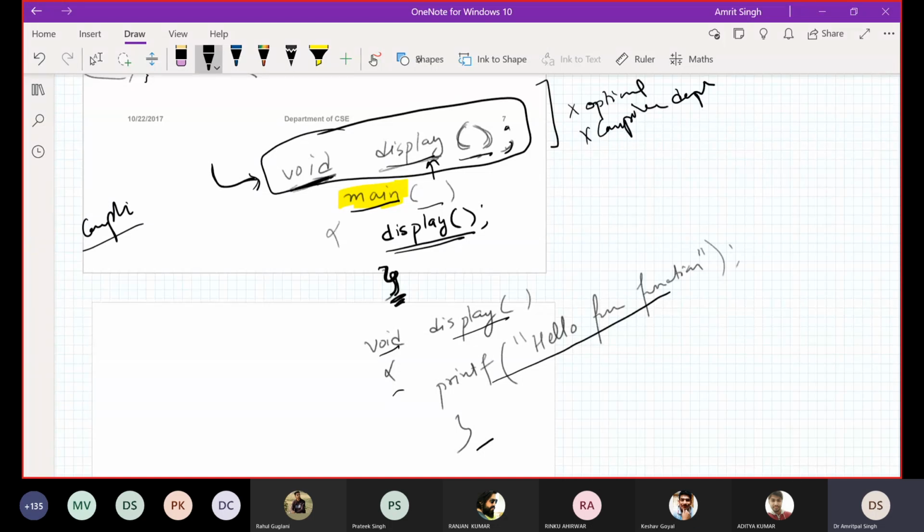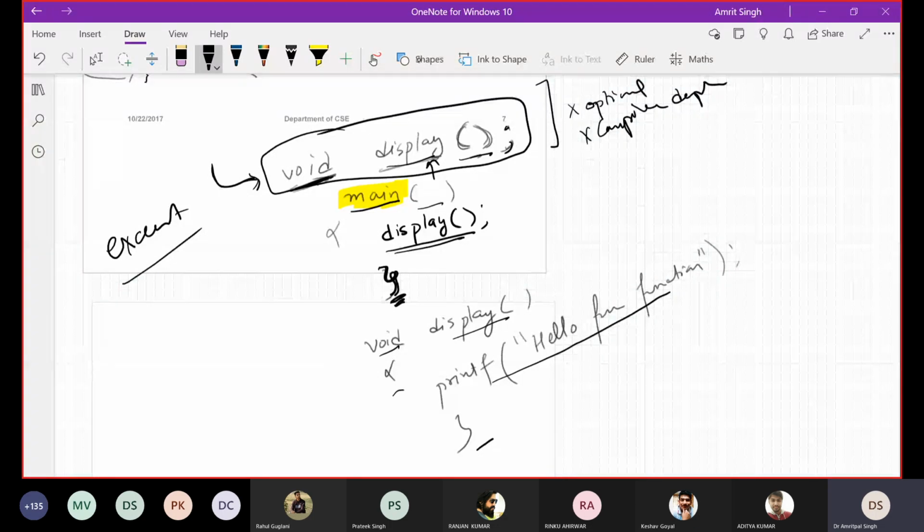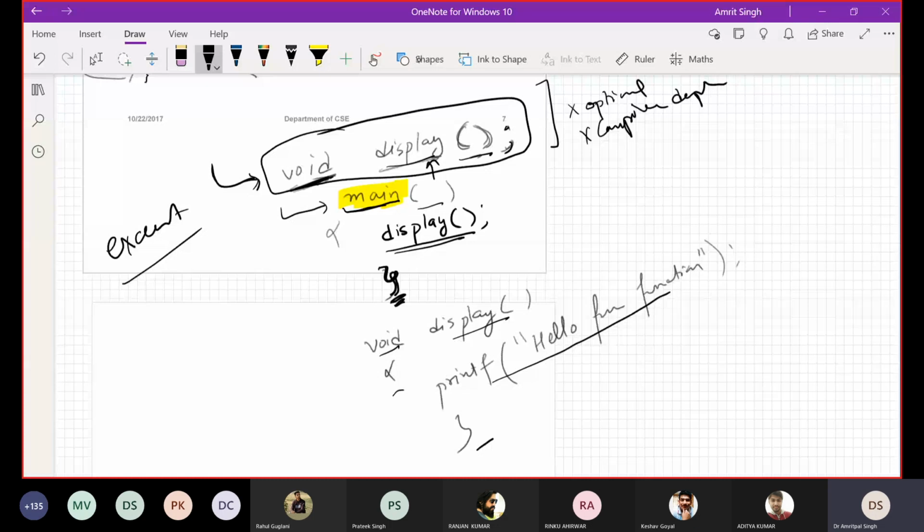Why is this compiler dependent? Because some compilers don't need this and can compile the program anyway. But the standard method, the GCC method of writing a program, is this. Okay, so now what happens when you execute your program? Now it's the execution time. You click the button because you want to get the output. So now your program directly starts from main. This is the call of function.